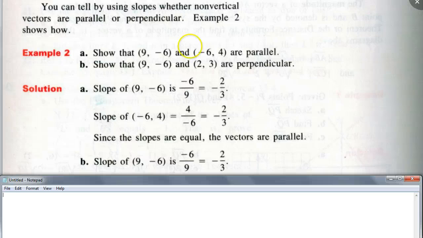So remember, this is change in x over change in y, right? So what's the slope of the second vector? Slope is change in y over change in x. So slope of the second vector is